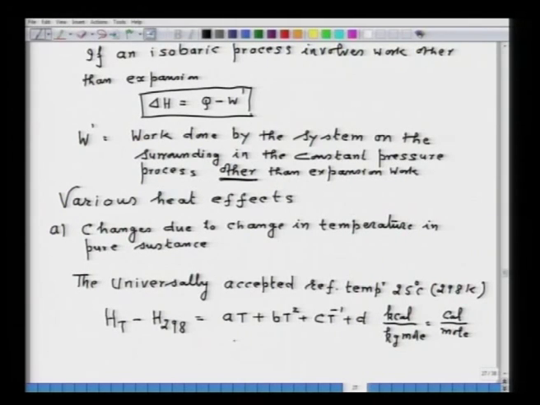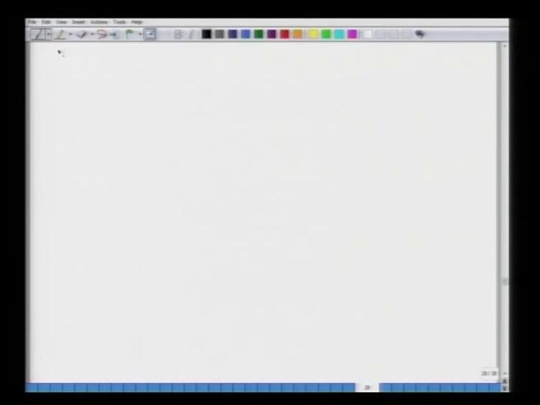or sometimes you may find it is also written in kilojoule per kg mole, that is also equal to joule per mole, and in FPS system it is also given in the respective units. So, that is one important thing, that the change in heat content of any material can be determined from seeing this particular table. Another heat effect is that the change in heat content